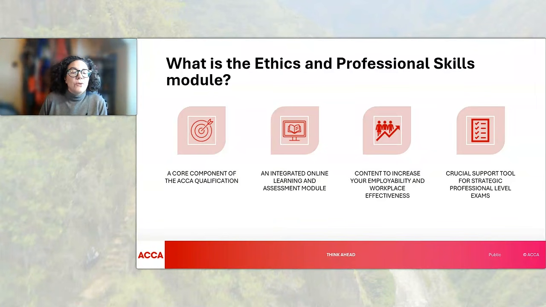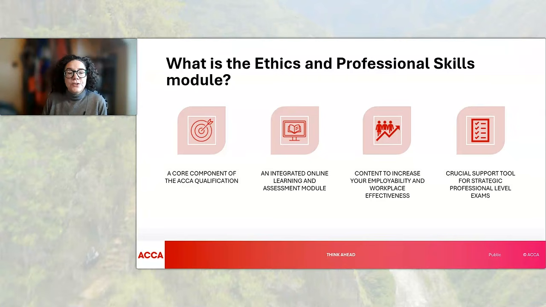There is also a final assessment unit. Now that is the only unit that does have to be completed in one attempt. And that final assessment unit has 14 questions that need to be answered correctly. There's a 50% pass mark, and you have to complete it within 2 hours.